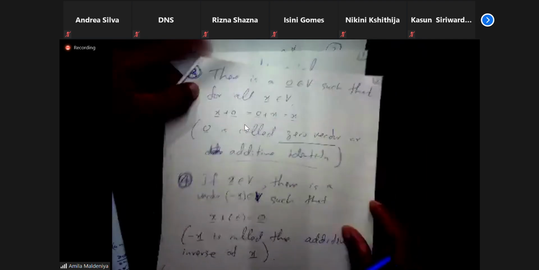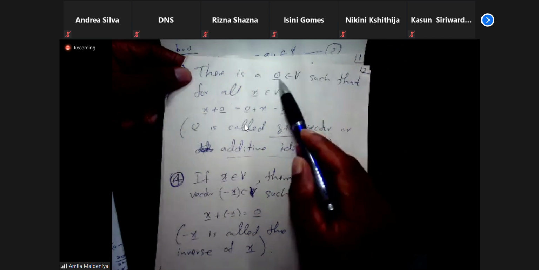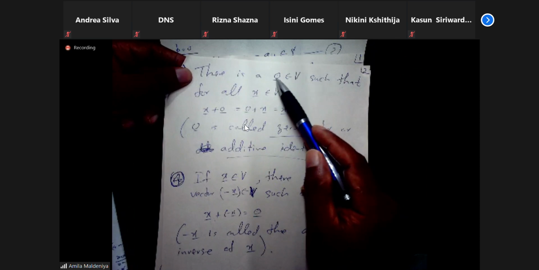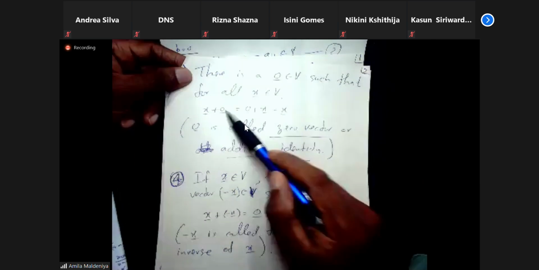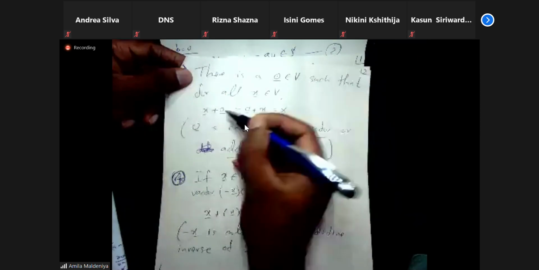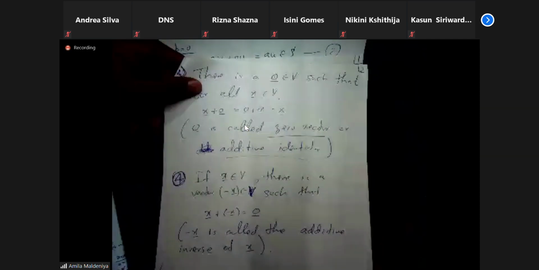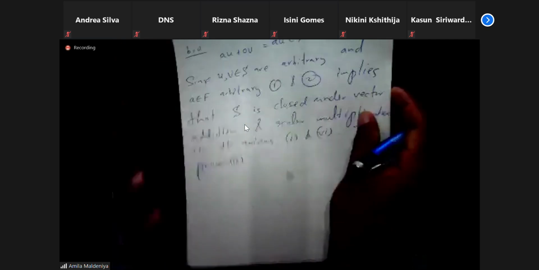Axiom 3 says there is an identity element, normally called the additive identity, or the 0 element, so that for any given x, x plus 0 equals 0 plus x equals x. That means you need to find a suitable element, called 0, that satisfies this condition. Okay, so to prove 3,